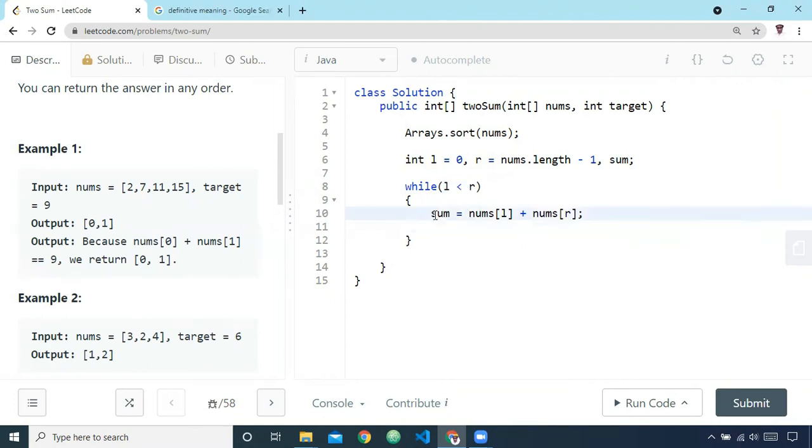And now we will get the sum by adding the elements present at the left and the right pointer. And now we will check that if our sum is equal to the given target, then we have found two indices such that their sum is equal to the given target, and then we will just return in the form of an array those two indices, that is left and right. And now we will write for the other two cases, that is if the sum is less than the given